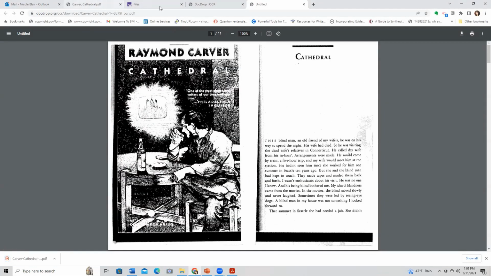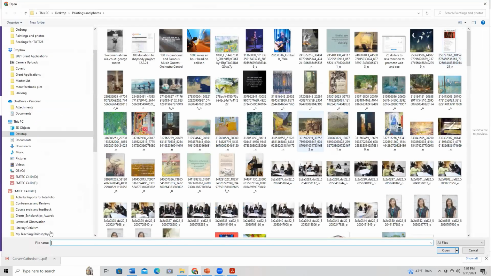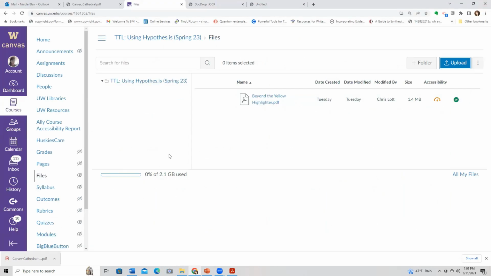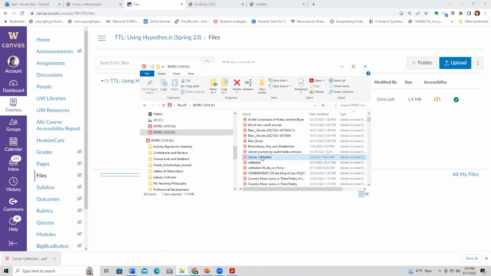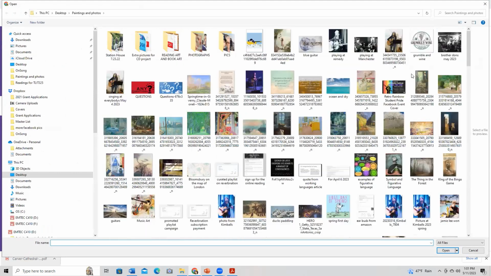Okay. Now I'm going to go to files and I'm going to do this. I think you'll need to click the upload button. Oh, I have to upload. You can also drag the file, I think, right up into that top area where it says upload, maybe right almost onto the button. I think you can upload there. Nah, maybe you can't. I thought you could, but maybe not. So just go ahead and click upload and you'll have to select the file.